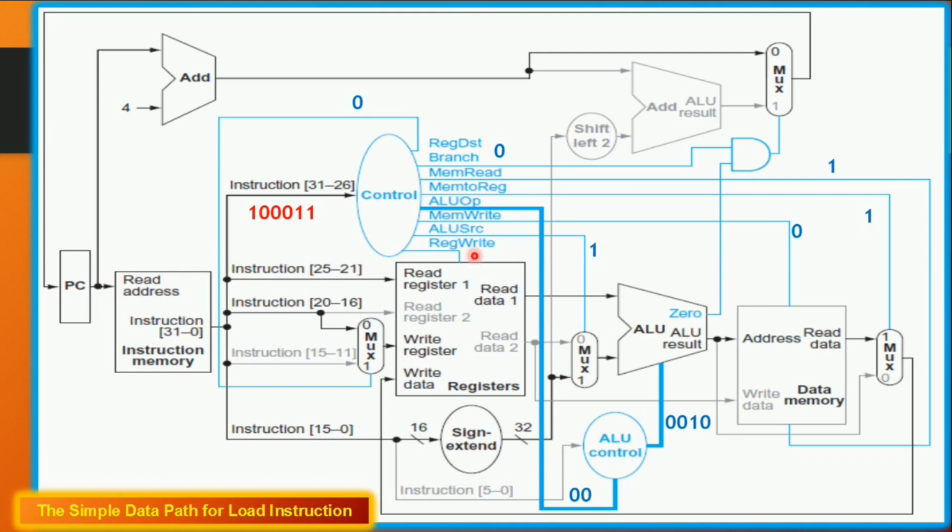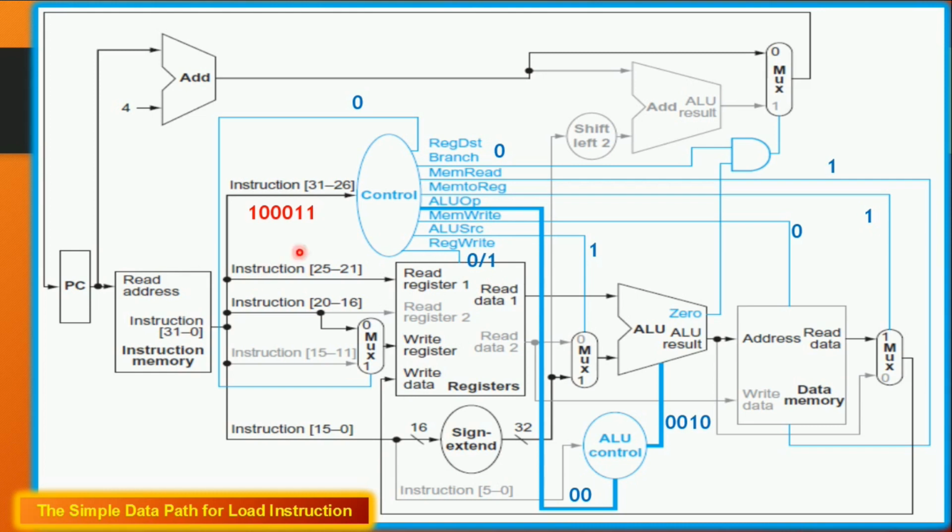And reg write, I am going to initially read the content from the data memory. After performing the ALU operation, the address will be calculated and I will be fetching the data memory, and it will be returned back to the register. So initially I have to deassert the reg write to read the base register, and after fetching the data from the data memory, I will be writing the data to the register. So initially the register file will be in the read mode. After that it will be in the write mode.